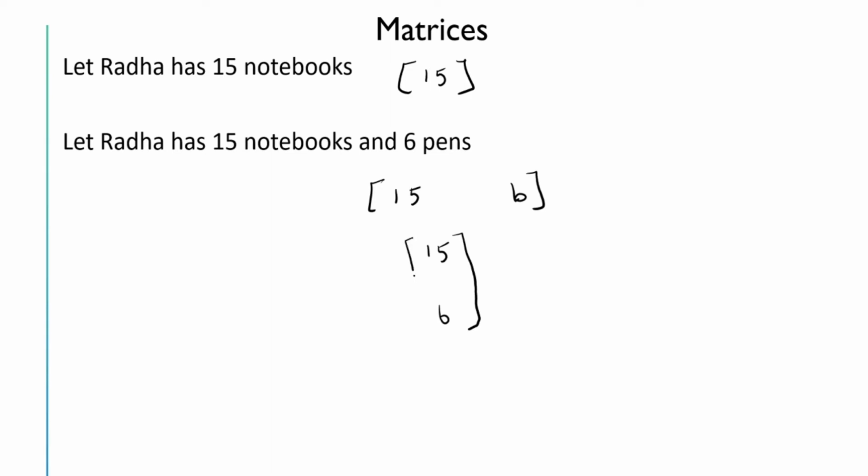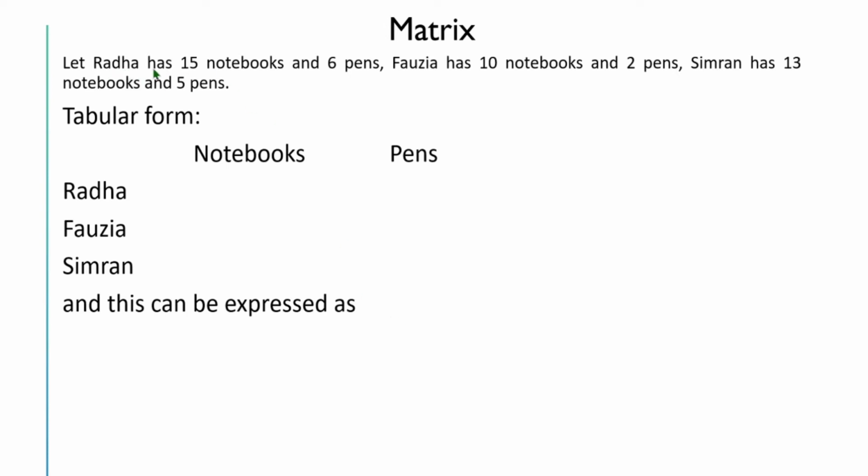This form. Now let us take another example where Radha has 2 more friends and they also have some number of notebooks and pens. Say for example, let Radha has 15 notebooks and 6 pens, Fauzia has 10 notebooks and 2 pens, and Simran has 13 notebooks and 5 pens. So we can represent the number of notebooks and pens they have in tabular form as it is given. Radha has 15 notebooks and 6 pens. Fauzia has 10 notebooks and 2 pens, and Simran has